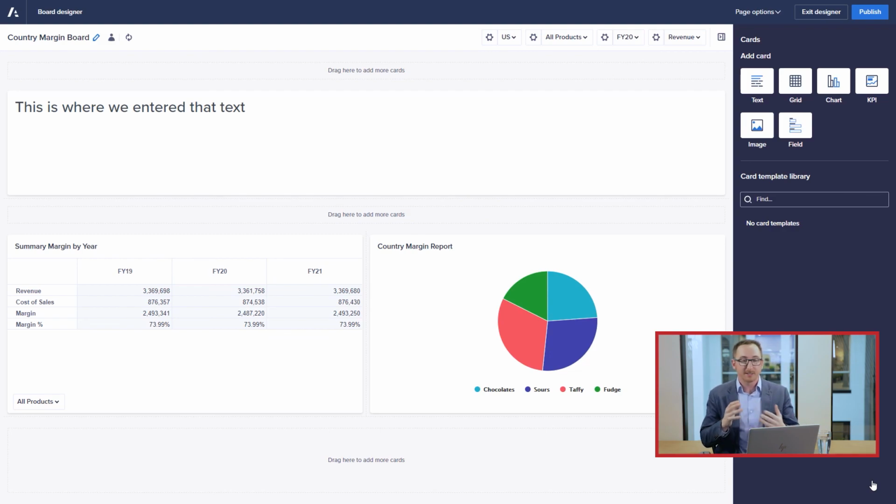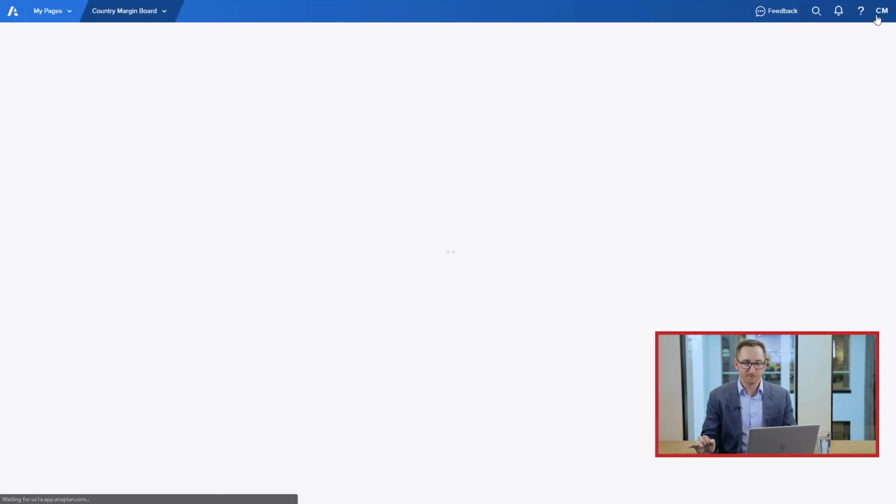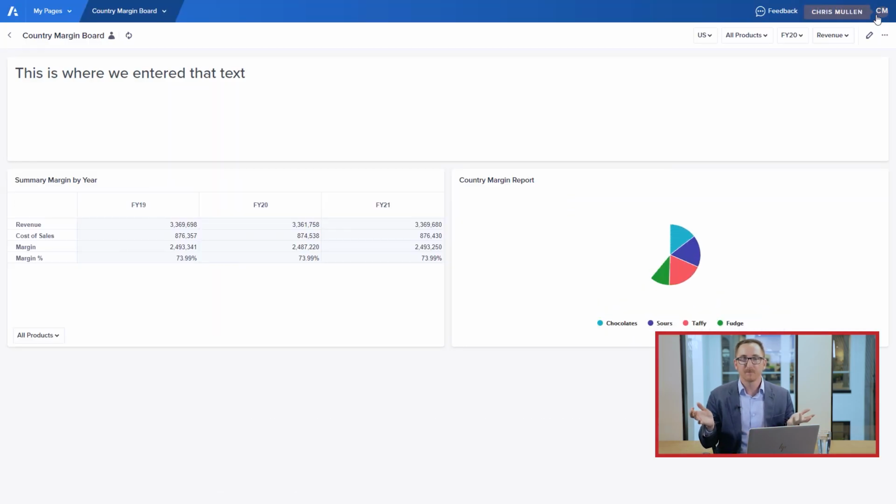Before we get excited and go high five everybody that we know, remember to hit that publish button. That's very much like your save. So now that I'm ready, I'm going to go ahead and click that publish in the top right. There we go. So before we move on and start building anything, let's test a few things out.